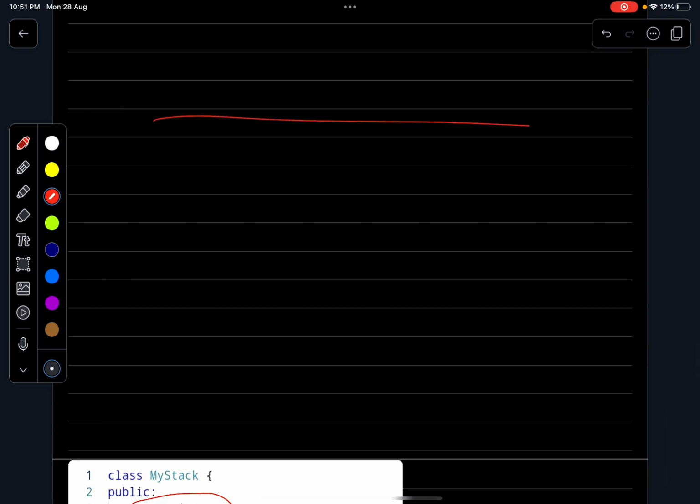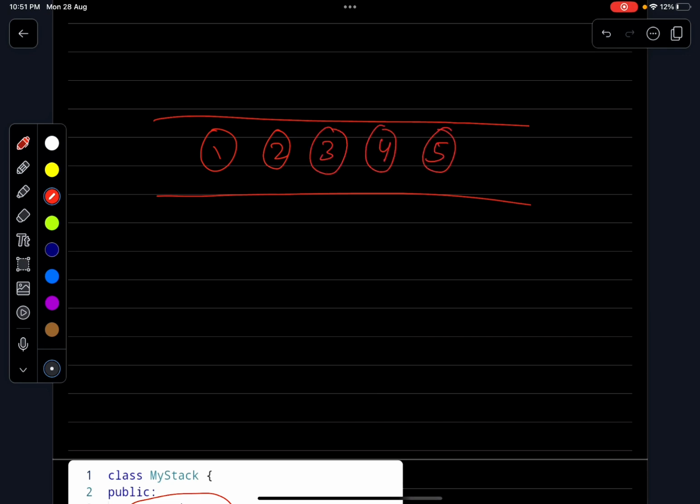Let us say that this is our queue which has values 1, 2, 3, 4 and 5. Now if this were a stack, and I called the command of pop or top, then I would get this value, because this is the top value of the stack, and if I pop, then this value will be the one which gets ejected. But now because we are using queues, if I use pop or front, then the first value will get returned by the function. So what I will do is I will calculate the size of the queue.